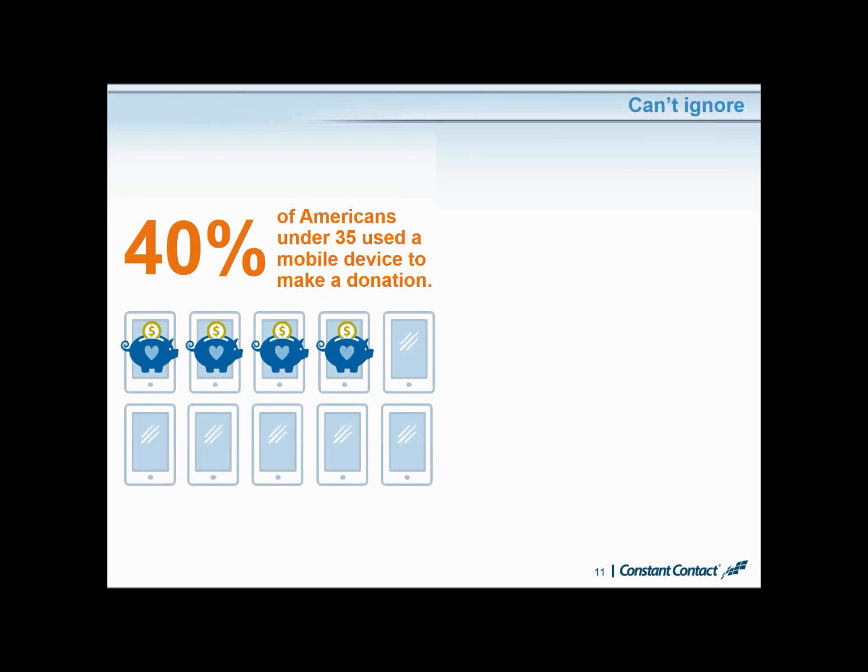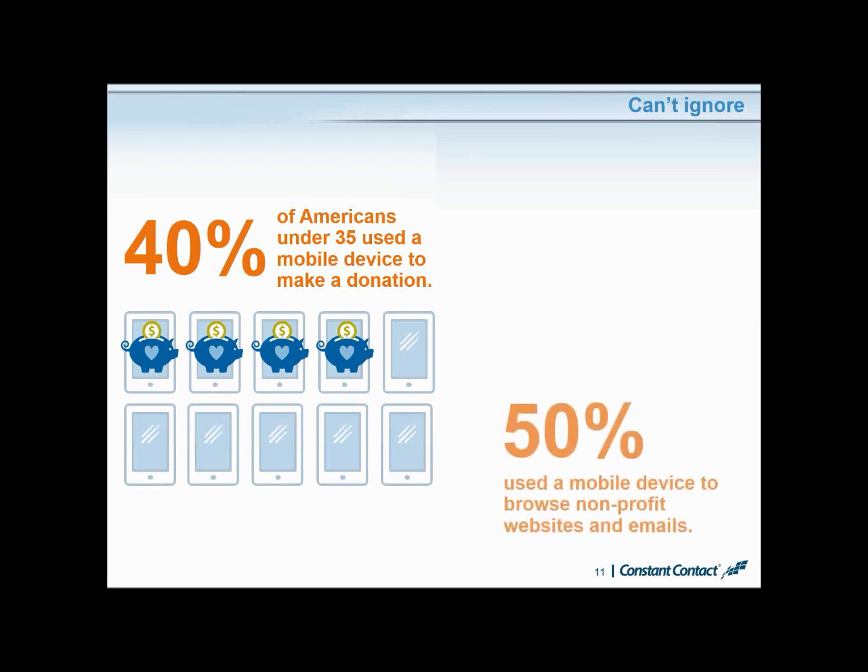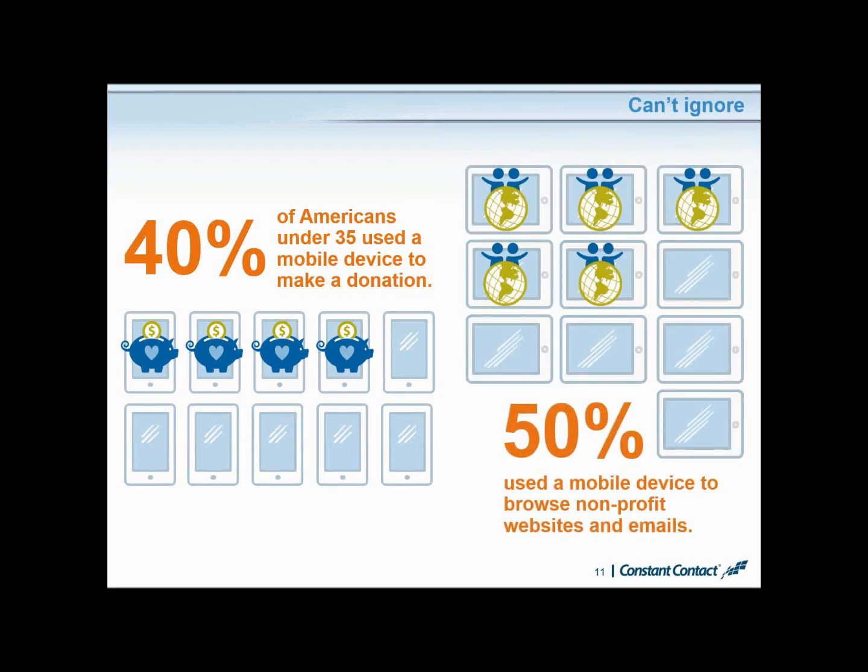And on a separate note, Constant Contact has a new part of their email system in their package, which makes it super easy to set up donations and actually set up recurring donations as well. So if you are a nonprofit and usually take donations, take a look at that part. We might do a webinar about that later on, because it's really cool, the new system they have set up. And the other reason why you can't ignore making sure that your emails and your websites are mobile friendly is that